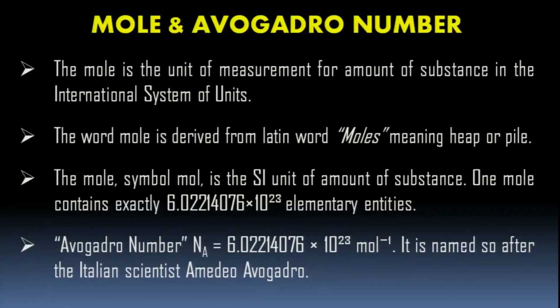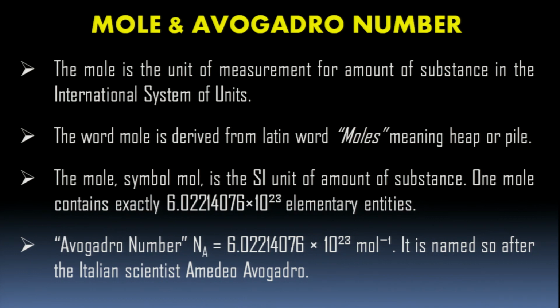Now, one more concept is there, mole and Avogadro number. Mole concept. Okay? What is this mole? M-O-L-E. The mole is the unit of measurement for amount of substances in the International System of Units, that is SI unit. You have heard about SI unit? Yes. In SI, moles have been suggested to be the unit of measurement for amount